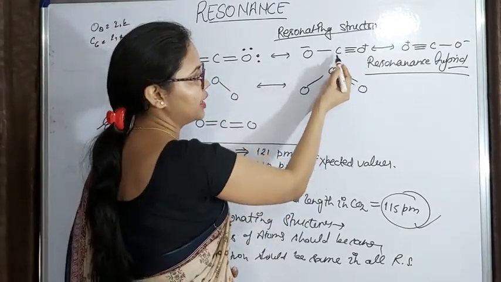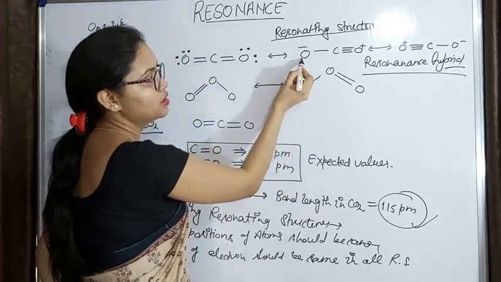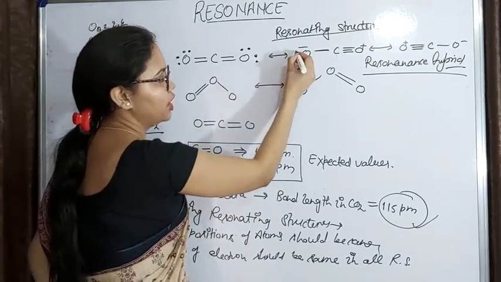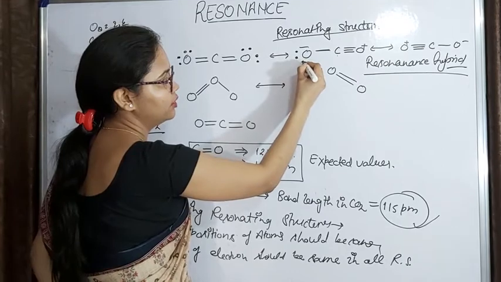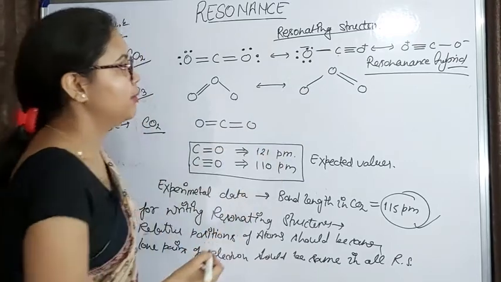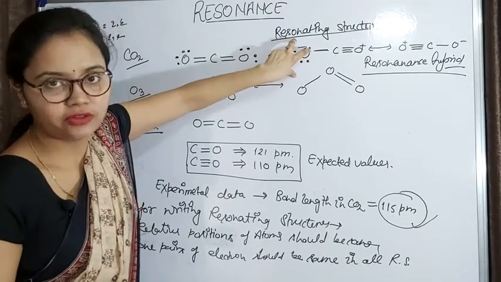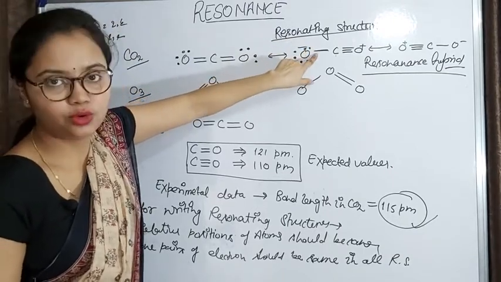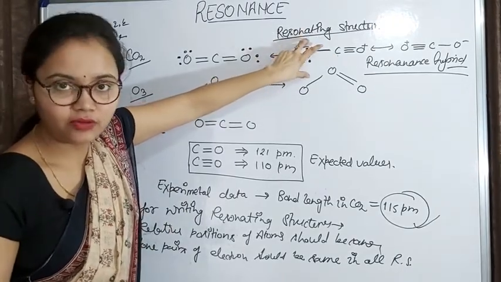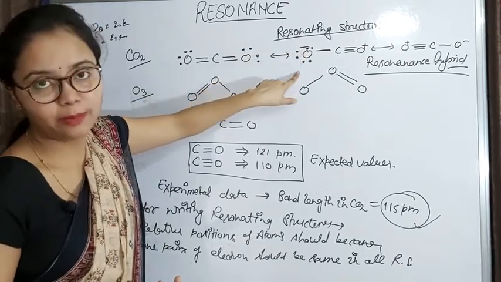Now let's see this molecule. Again carbon has no electron left. Now I'll talk about this oxygen atom. In this oxygen atom, 1 electron has already been used in this bond formation. So now it will have 1, 2, 3, 4, 5 and 6. Why 5 and 6? Because it has one extra electron. As it has 6 electrons, and out of 6 it has used only 1 electron in the bond formation with the carbon atom, 5 electrons are left, and with the 5 electrons 1 electron is extra due to the minus charge. That's why I have shown 3 pairs here.